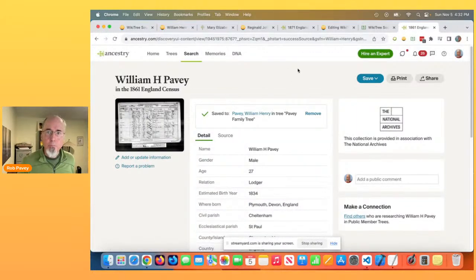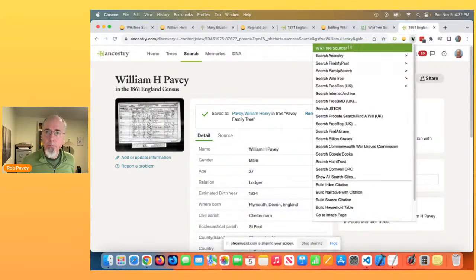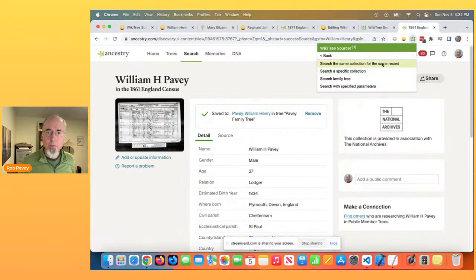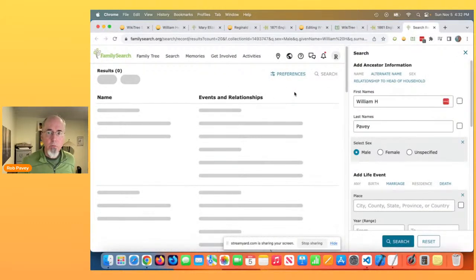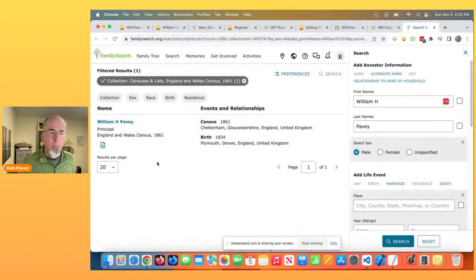And then there's also this feature. Let's see if I can find that on Family Search. The same exact record in the same 1861 census. And in this case, it finds that same one in Cheltenham, born in Plymouth, which can be surprisingly useful,